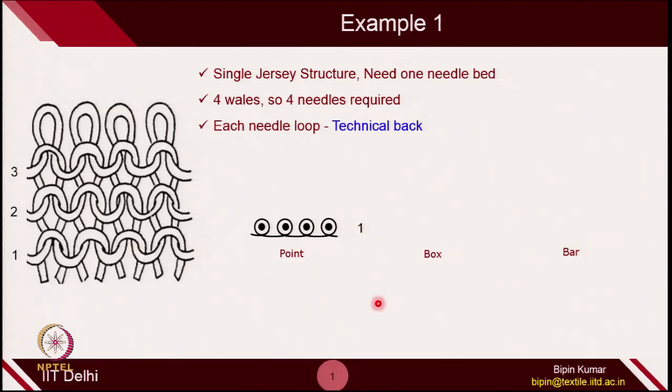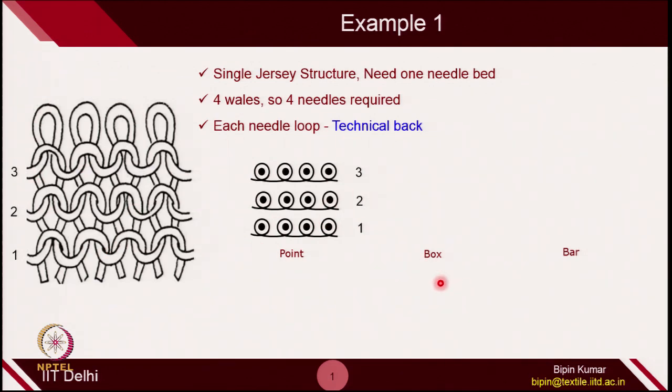This notation in some sense is very useful because it gives you a lot of information about the technology which has been used, about the nature of the fabric surface, and also about the width or the number of columns which are being made in the fabric structure. So, at present in the first course there are 4 needles, 4 loops. If you go for the second course, the nature is the same, so you can represent the second course in this fashion. If you go for the third course, again the loops are being formed on the back side, so show the third course. This is how the entire fabric structure is represented by these symbols.